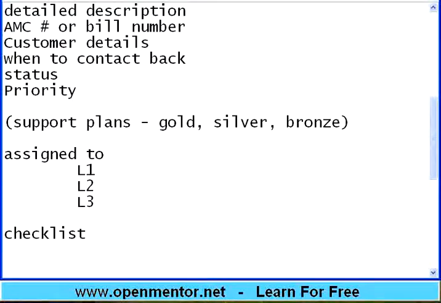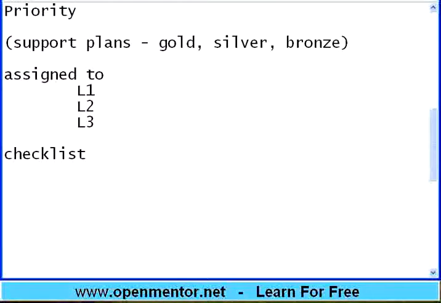If they are not able to solve the problem, they will send it to a slightly higher level, level 2, typically the leads within the customer support team, who have a better knowledge of the product or service. They can solve the problems. If level 2 also cannot solve the problems, they will assign it to the level 3 people, right, who know more internal details about the product, so they can solve the problem. So the assignment also will vary from level 1, 2, 3 depending upon the support levels and plans you have got.